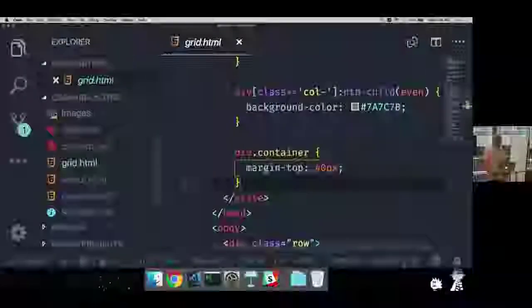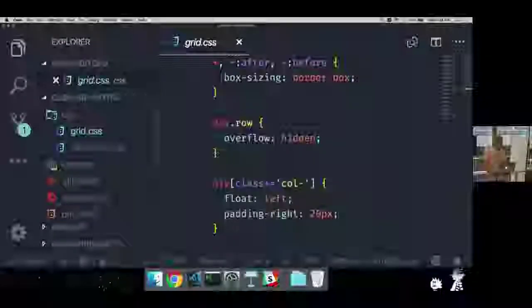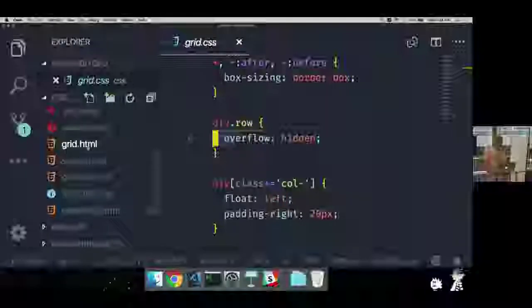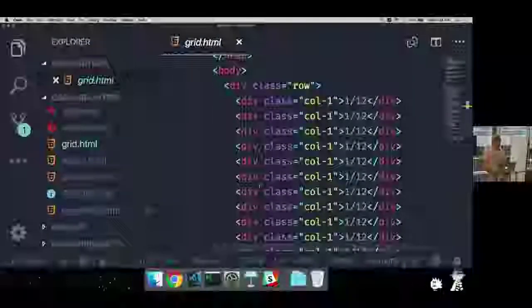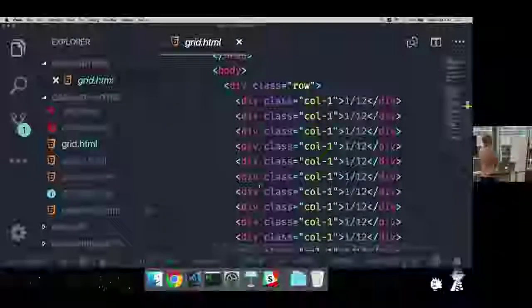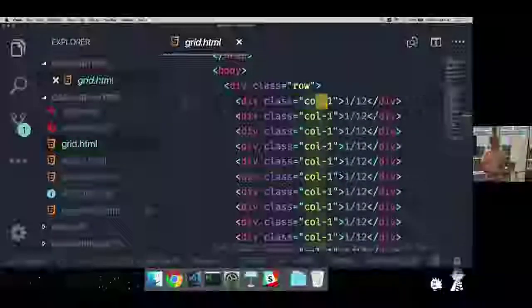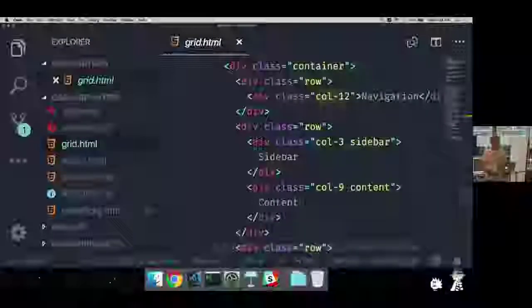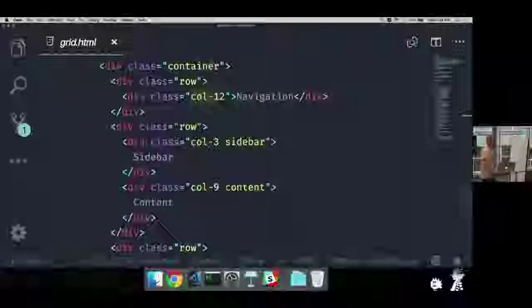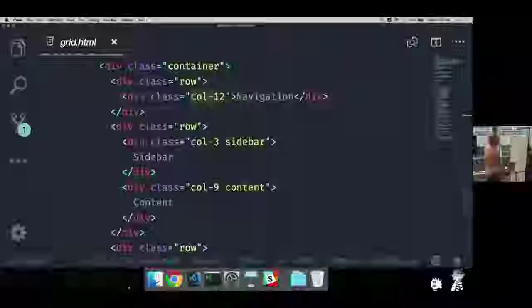What we really care about is all the CSS that exists inside here, and also the way that we use it is important. So again, I had kind of shown you, if we break this thing into rows and columns, then maybe you could define this here, this row, each one has its own column of a size 1. That's 12 columns. And when we get down to the layout here, this is probably more representative of what you're actually going to see. My container has a row inside of it, and the navigation takes up the entire width, 12 columns. And then my row has a sidebar that takes up 3 columns and a content panel that takes up 9 columns. So this is how I would actually define that in my HTML.